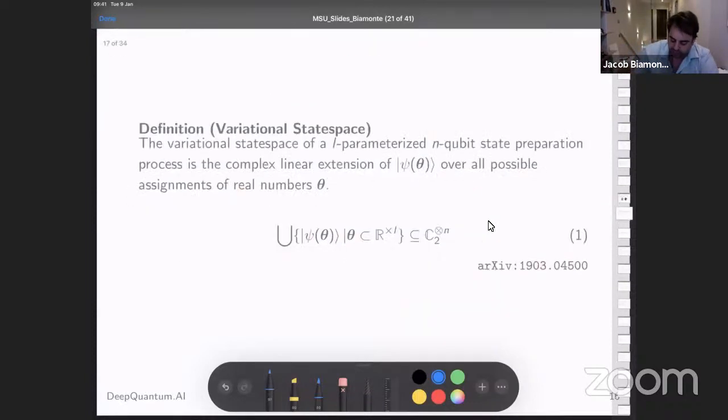So going a little bit further, we can skip over this, but the point is this. If you give me some waveguides with some tunable parameters, the variational state space is the space that is mapped out by tuning those parameters to all possible assignments. If we're trying to minimize a Hamiltonian, it has to be done with respect to the ground states that you can actually prepare. That's the space that we can search through, and we can calculate our objective function with respect to all the states in that space.